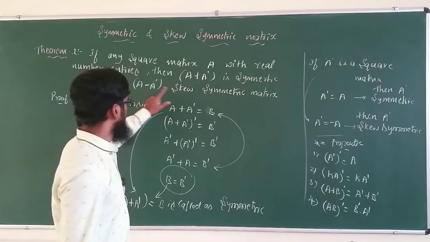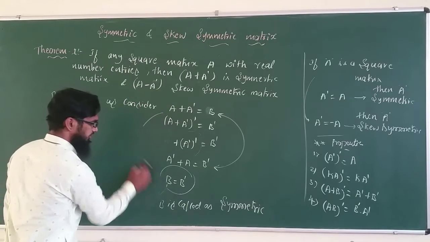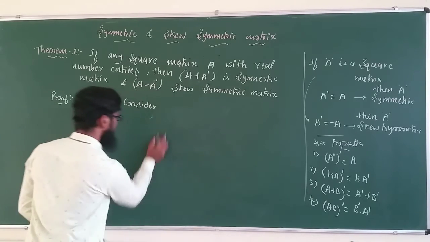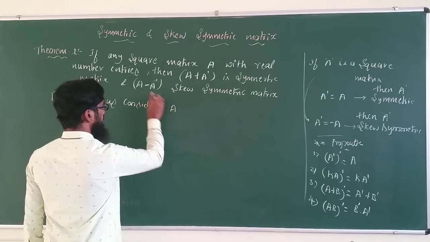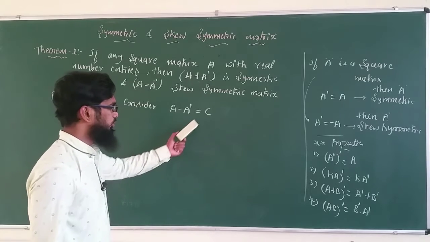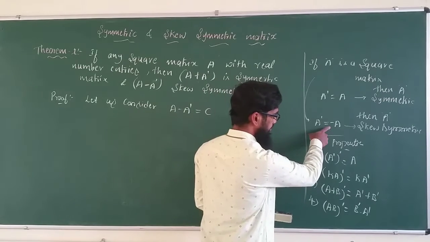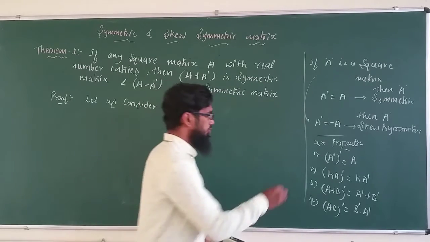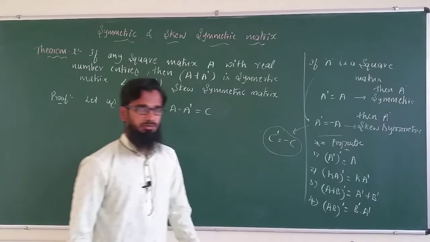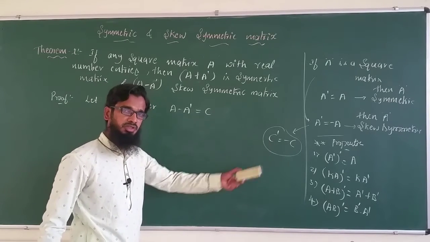Again, what we have to prove is that A minus A dash is a skew symmetric matrix. In the same way, just follow the procedure for this also. The only thing is that there will be a minus. Now let us consider this A minus A dash as some matrix C. Again, if I want to prove C is a skew symmetric matrix, I have to prove this one, A dash is equal to minus A form, meaning I have to prove that C dash is equal to minus C. So like this I have to prove here. Now again, this is C here, and I need to find out the transpose of this.